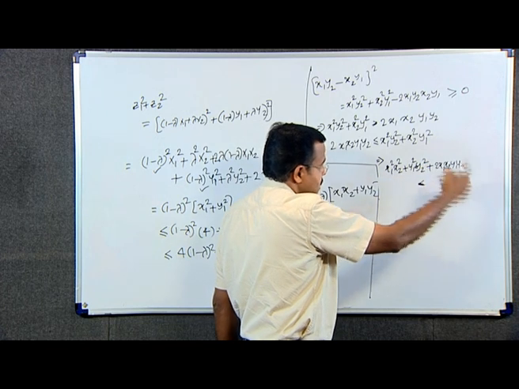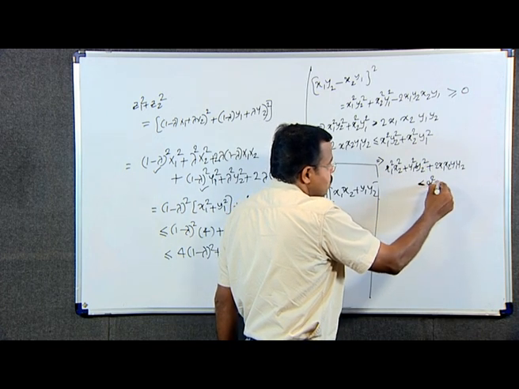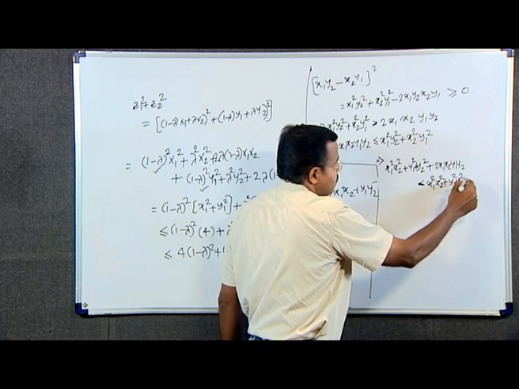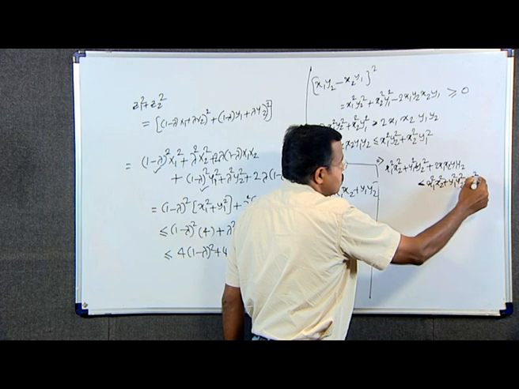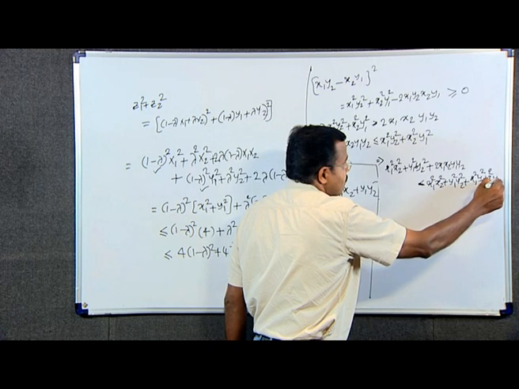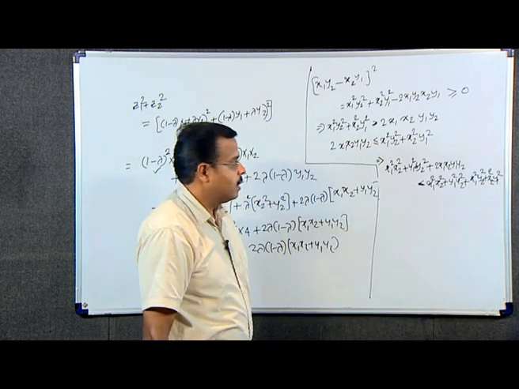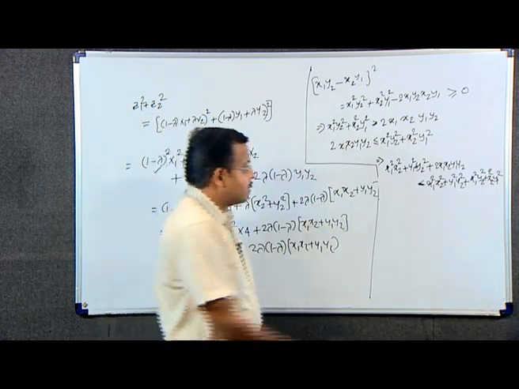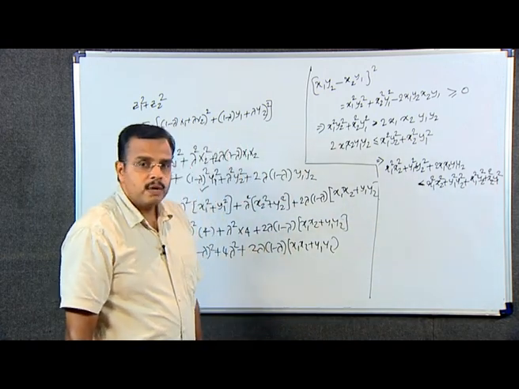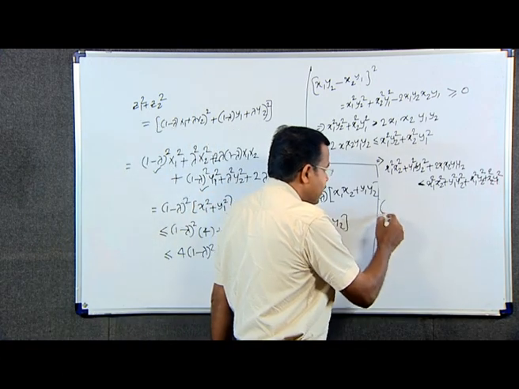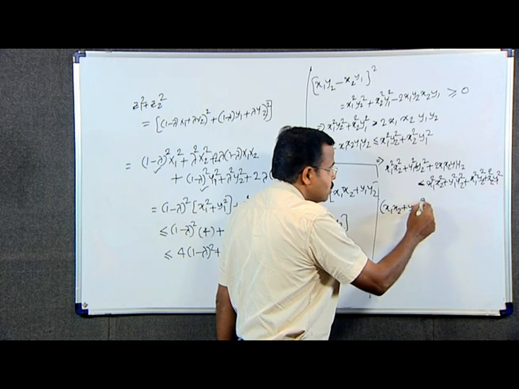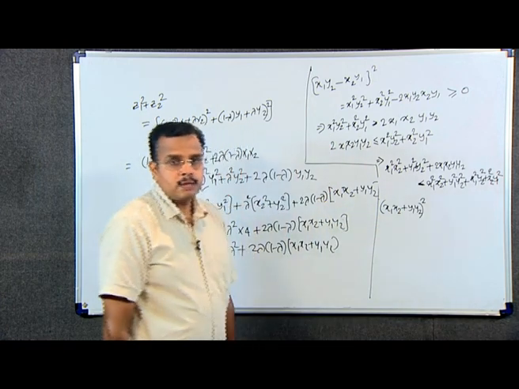To compensate this, in the next side also we are adding x1 square x2 square plus y1 square y2 square plus x1 square y2 square plus x2 square y1 square. But now this side is x1 square x2 square plus y1 square y2 square plus 2 x1 x2 y1 y2, which can be written as x1 x2 plus y1 y2 the whole square,